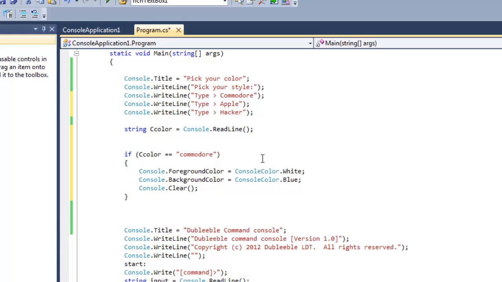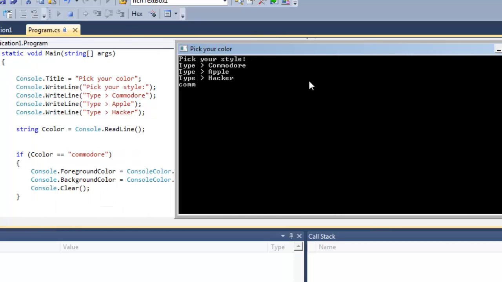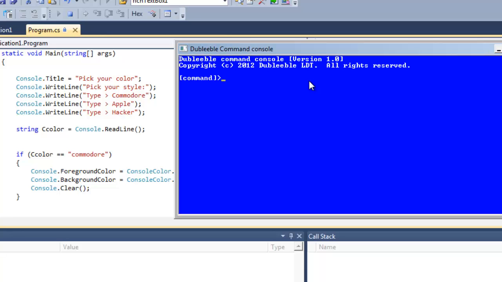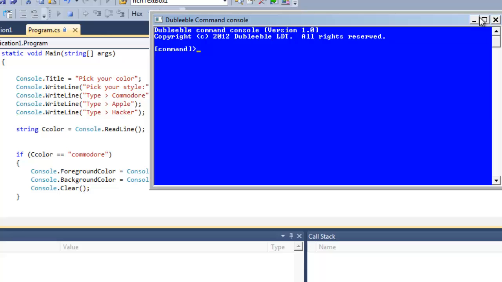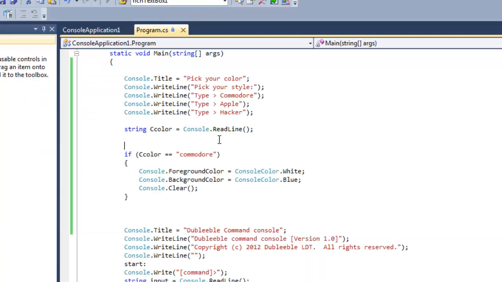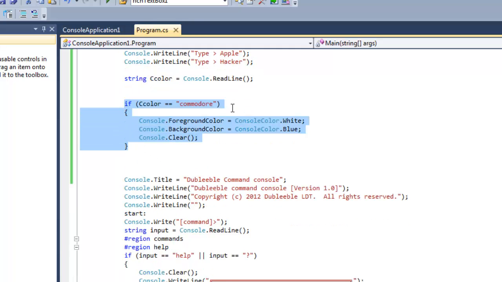Okay. We wanted to say Console.Clear. So if we run this and we type Commodore, there we go. It looks kind of like the Commodore 64 colors. Kind of. It would have a whitish border around it, and then a slightly different blue, but whatever. Okay, so I'm going to copy this 2 more times,